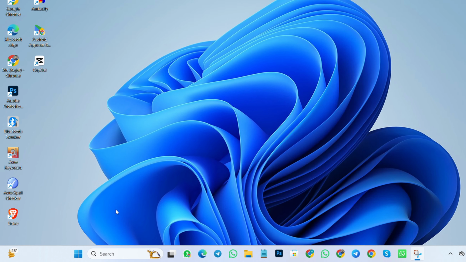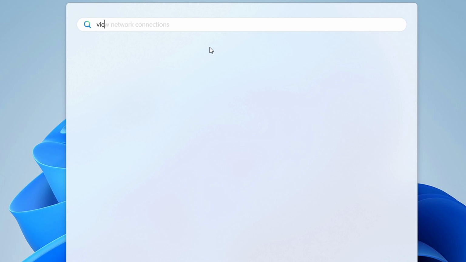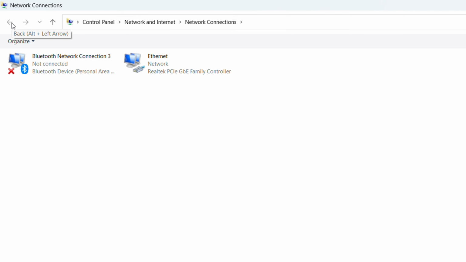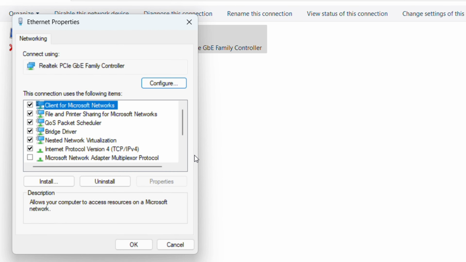Open your search bar and type View network connections. Then click on it. Find your Wi-Fi adapter. That's the one you use for getting internet; you may use Wi-Fi or Ethernet. Now click on your Wi-Fi adapter and hit Properties. Now double click on Internet Protocol version 4